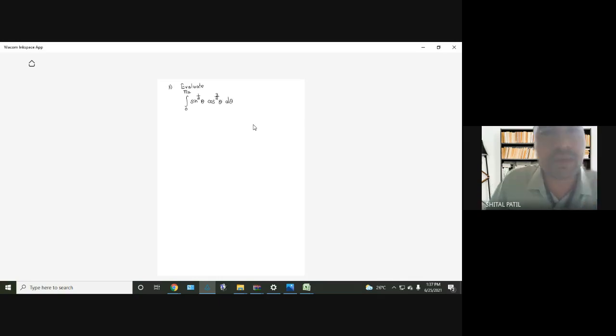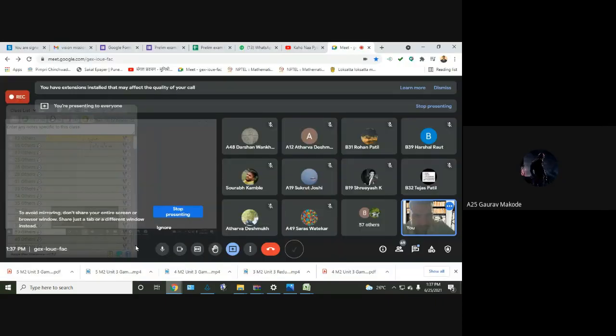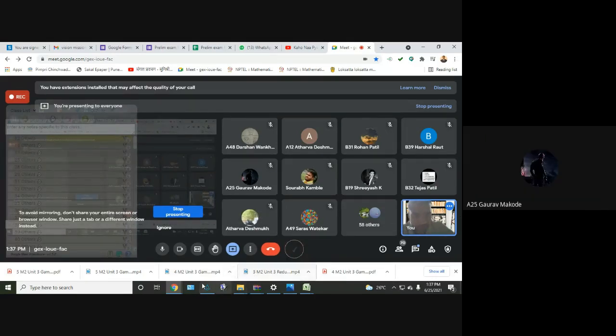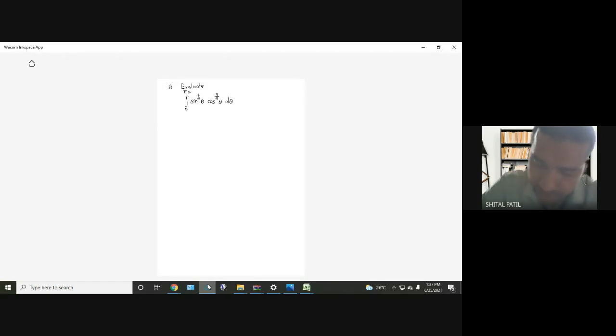Can we use the reduction formula for this? Tejas, can we use the reduction formula for this? Why not? Atharv Deshmukh, can we use the reduction formula for this? The powers should be whole numbers. For the reduction formula, I'll write it: reduction formula is not applicable